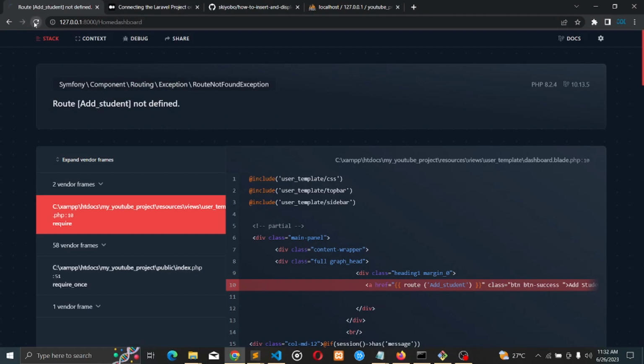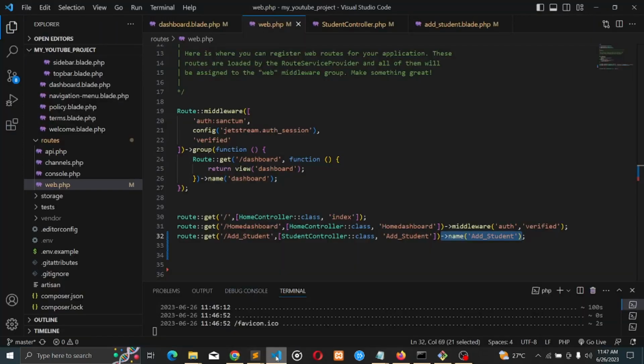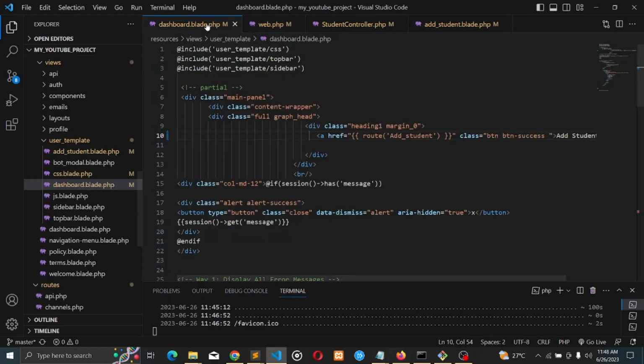Let's refresh. Let's go to our route. Let's backspace this, and then let's go to our dashboard, change this to URL. Let's save this,